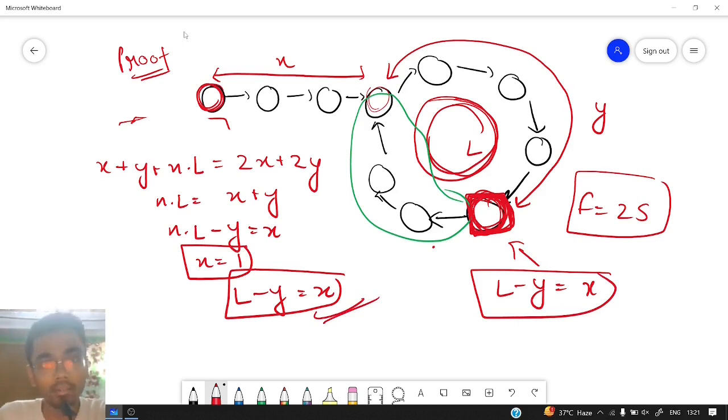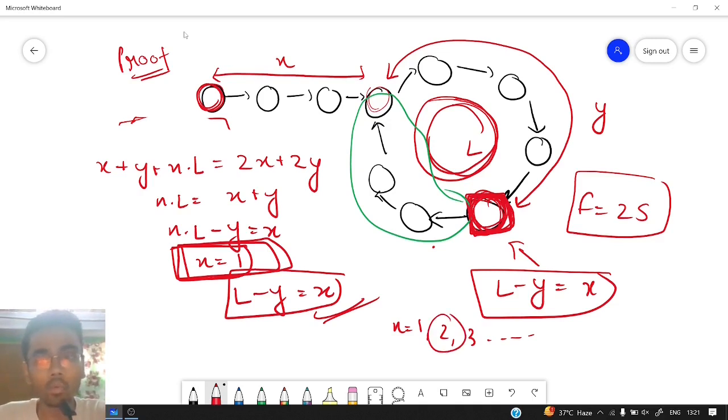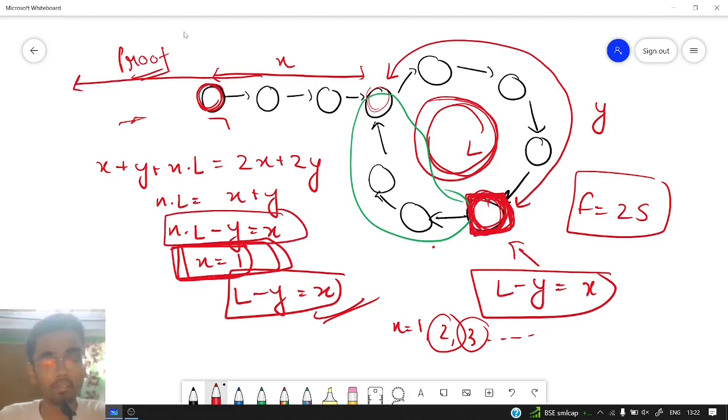Now does that guarantee that n is always equal to 1? No, n can be anything. n can be equal to 1, 2, 3 or anything. Now what will happen if n will be 2 or not equal to 1, anything greater than 1? So that simply means that this x length will get extended. So bigger the value of n, higher the value of this x. So this is the simple meaning of this simple equation. So we have also seen the mathematical proof.